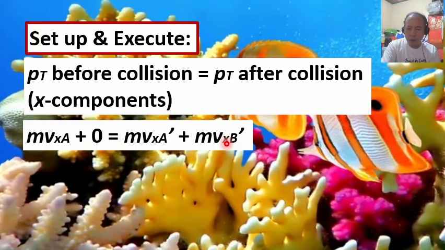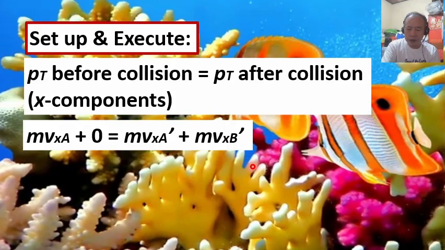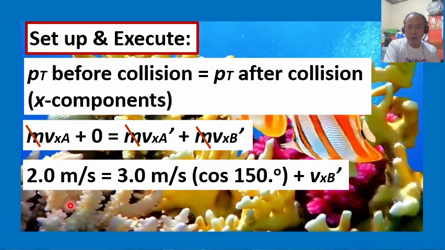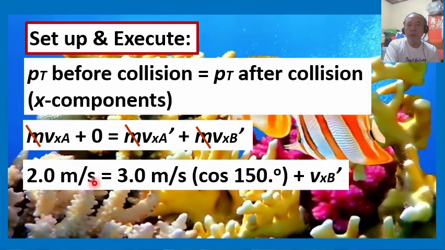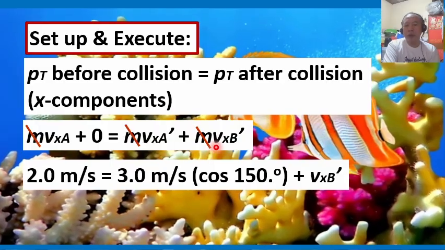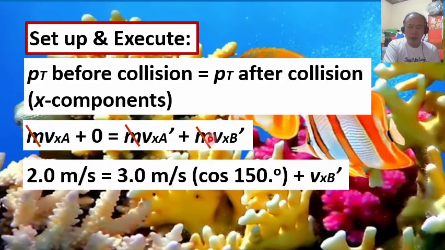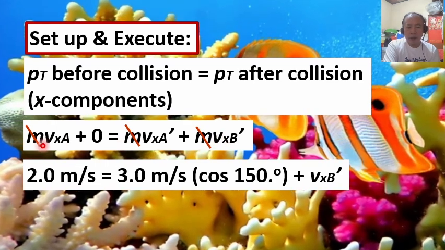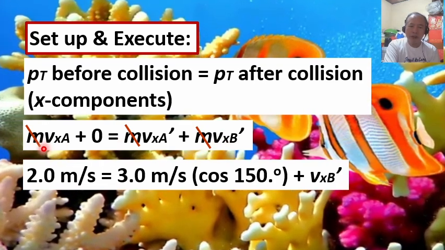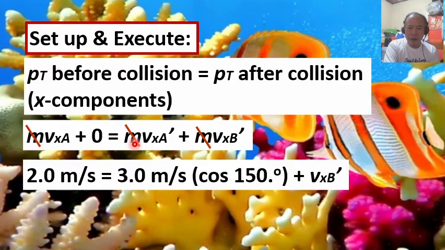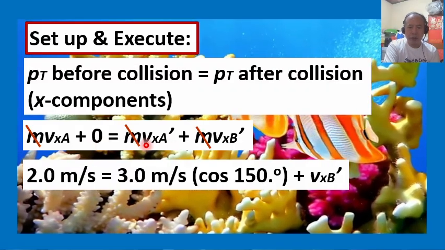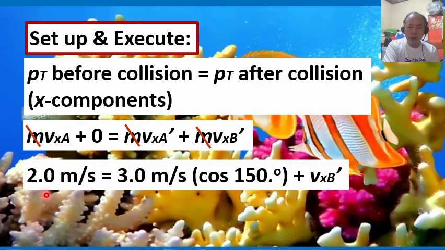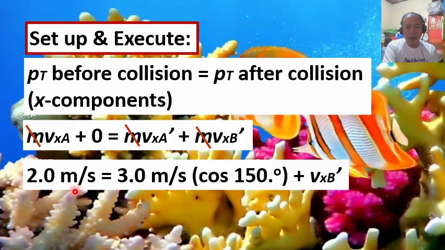So, substituting our given quantities, the mass of the two particles are the same. So in our equation here, small m, which represents each of their masses, cancels out. So we are only left with 2.0 meters per second,